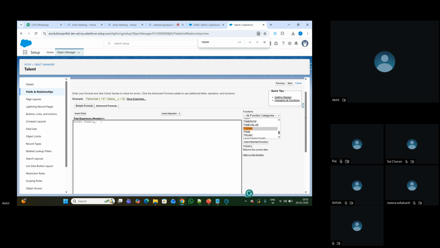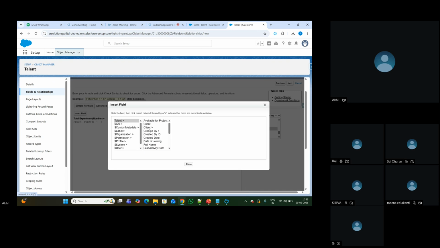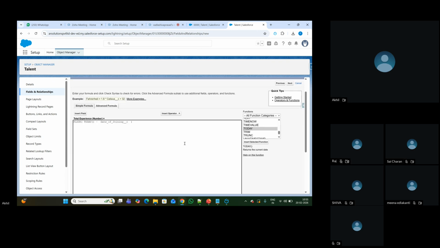When I say TODAY, it will get today's date. It will stamp the date as 2026. From this today's date, I want to subtract the date of joining so that I will get the total experience. Date of joining is a field which we created in Salesforce. So I'll add this date of joining. Today's date minus date of joining